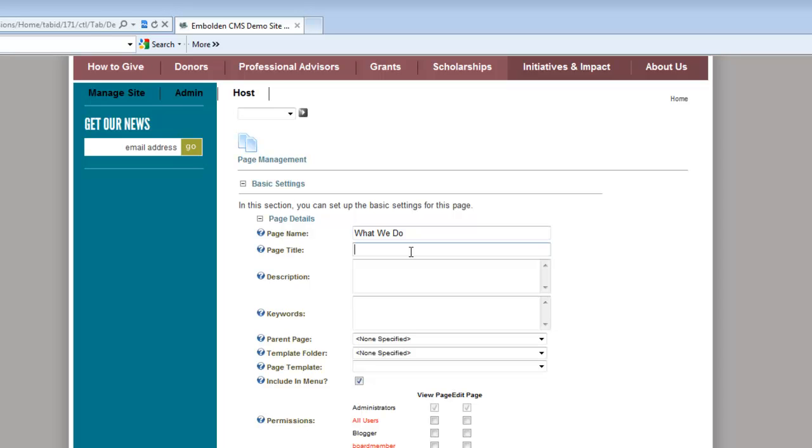For most Embolden clients and for most organizations, because this is the easiest way to do it, they just put the page name again, What We Do, and then dash or colon or whatever you want for a separator, and then the name of the organization, Kalamazoo Community Foundation. This isn't ideal for things like search engine optimization and other things like that